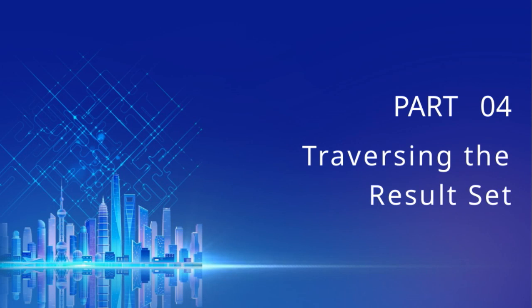In this section, we'll explore how to efficiently navigate through the data we've retrieved. Think of it as walking through a list of results, understanding how to access each item, one by one. This is a crucial step because once you have your results set, the real work begins, processing or displaying that data to your users. We'll cover key techniques such as using cursors or iteration methods, which allow you to move